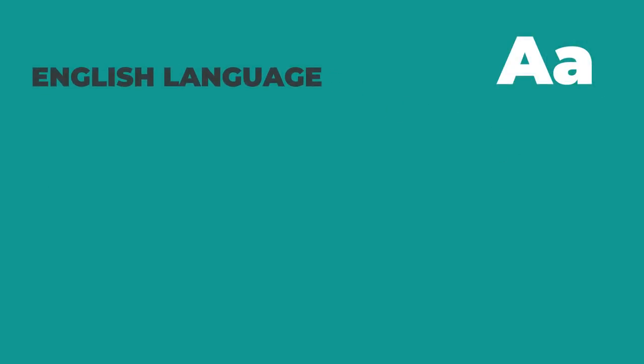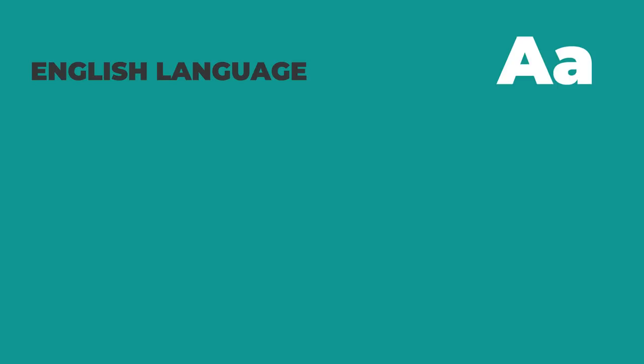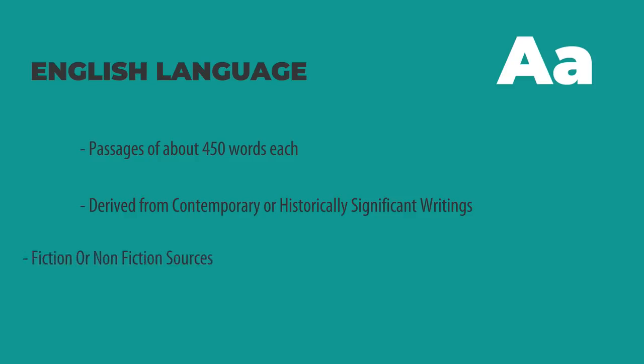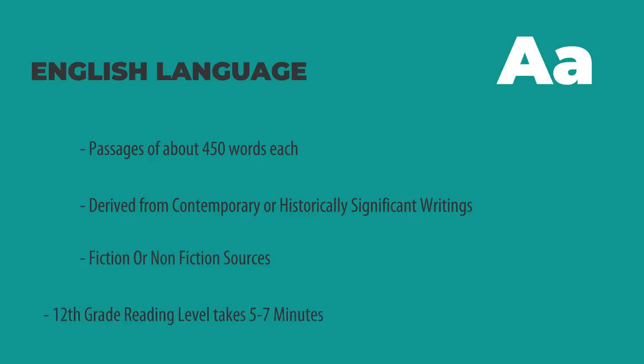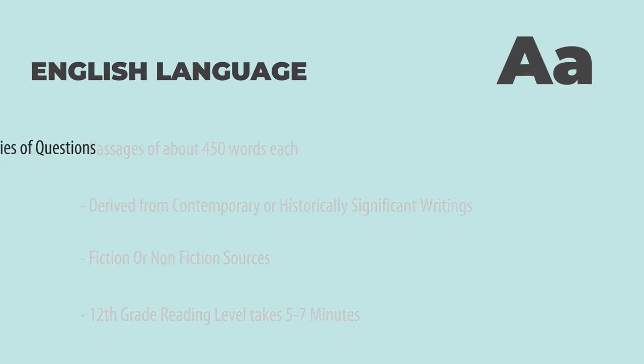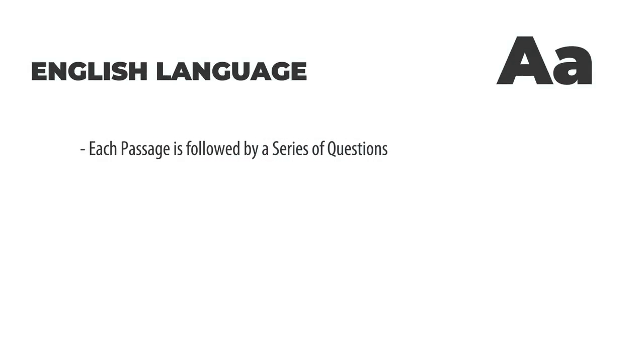In the English language section of the UG CLAT 2020, you will be provided passages of about 450 words each. These passages will be derived from contemporary or historically significant fiction and non-fiction writing and would be of a standard that a 12th standard student may be able to read in about 5 to 7 minutes. Each passage will be followed by a series of questions that will require you to demonstrate your comprehension and language skills, including your abilities to